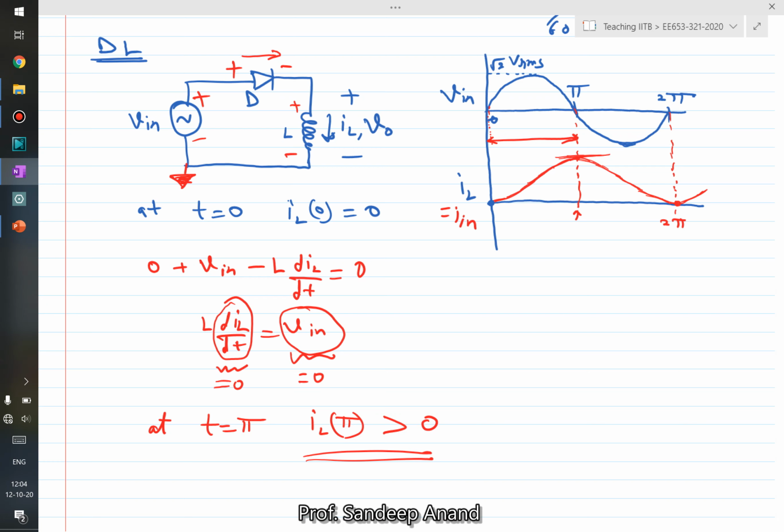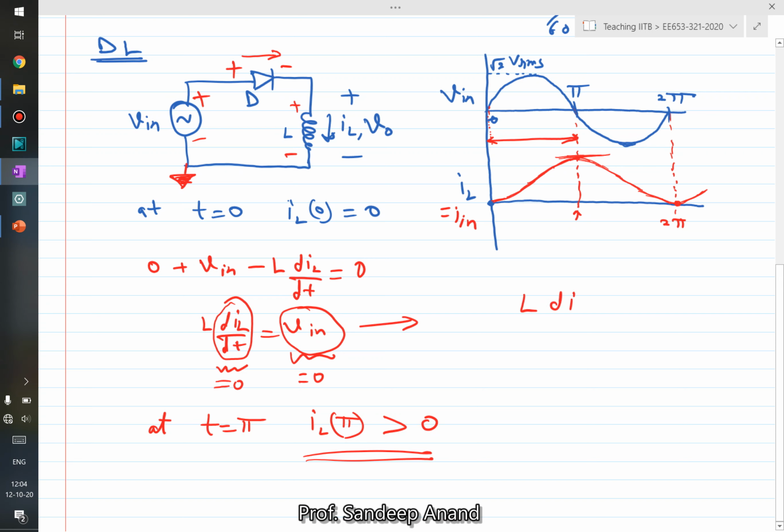One question you may have is why I am saying that if current starts from 0, it ends up at 0 again at 2 pi. Why does the current not end up before 2 pi or after 2 pi? Why does current always come back to 0 at 2 pi in the case of a diode-inductor circuit? The reason is, if you look at this equation